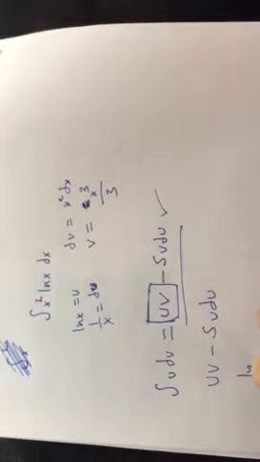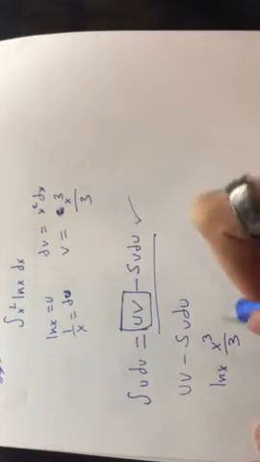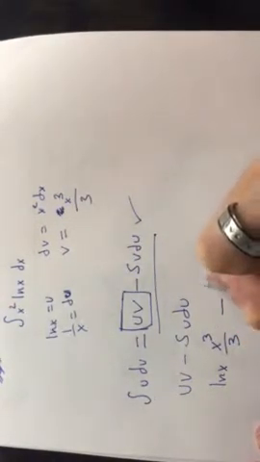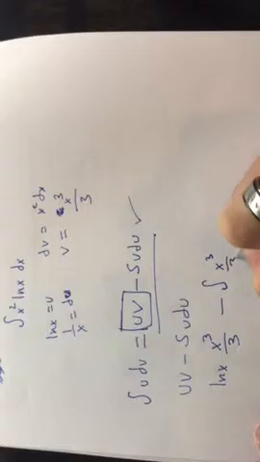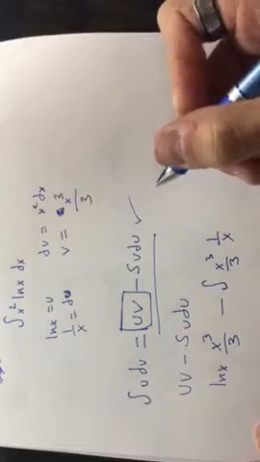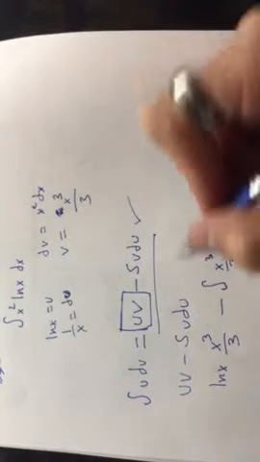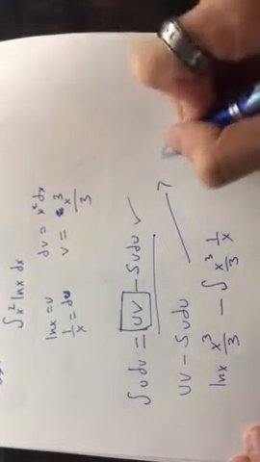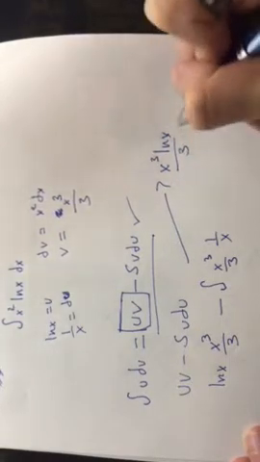uv minus the integral v du. So u is ln x, v is x cubed over 3, and then minus the integral of v, so x cubed over 3 times du, which is 1 over x. Okay, so this part is done, and we can leave it how it is. But we might want to rewrite that part as x cubed ln x over 3,